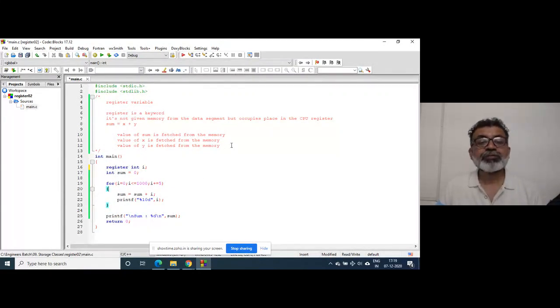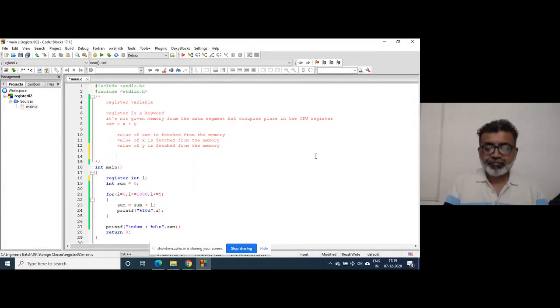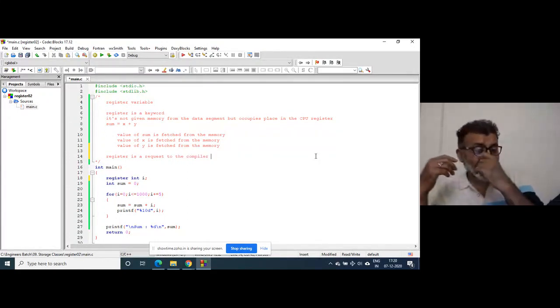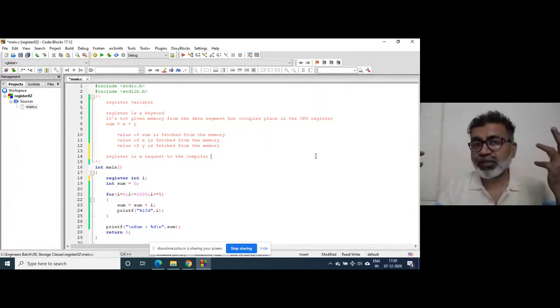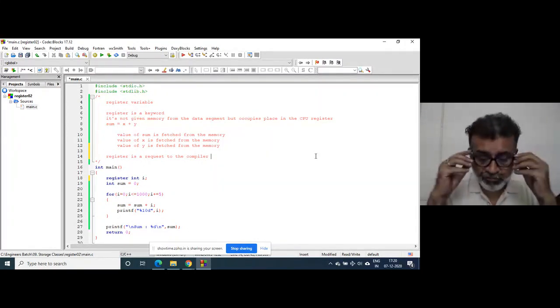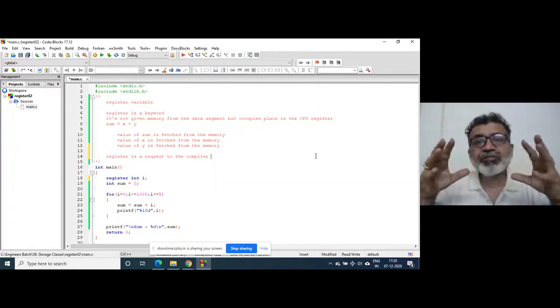But note that register is a request to the compiler. It may be obeyed by the compiler, it may not be obeyed. We don't know, because registers are very few in number.